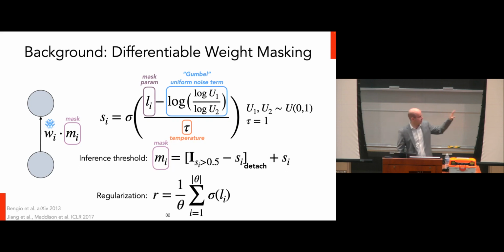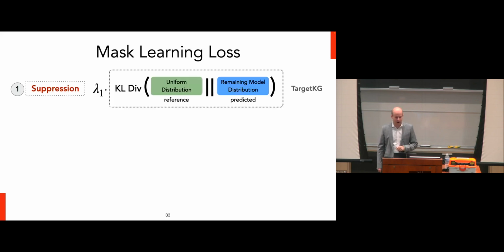So this is the process that we actually use to learn a mask over the network that represents these subnetworks that are knowledge critical. And so with our original goals in mind, we're going to define 4 terms for this loss function that we optimize to be able to learn this mask. So to start, at each step, we have a current version of our mask over the whole network. And we also have an unmasked portion of the network that we call the remaining model.